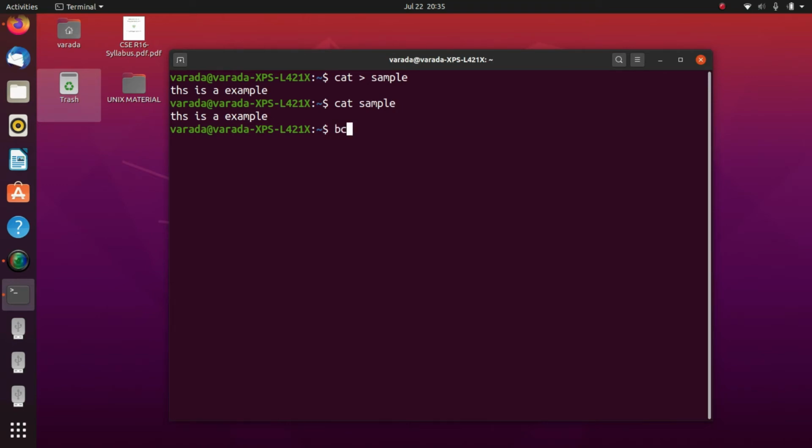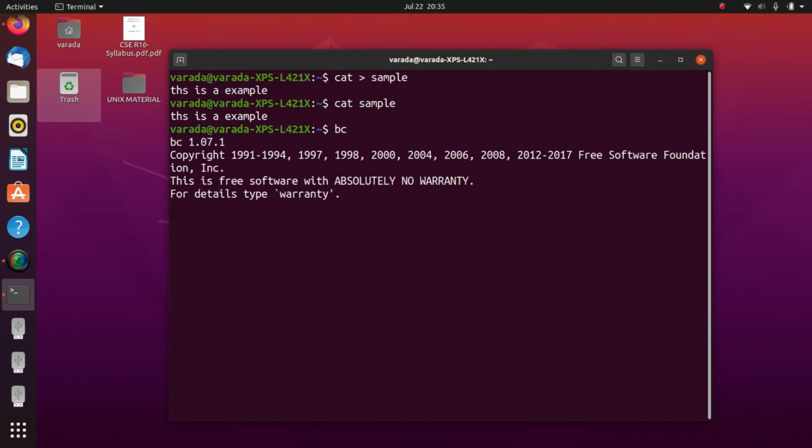This is an example. Now we can see the basic calculator. Now I want to find the square root of 55. It returns 7. So now I want to change the scale. By default it is 0. Now it is 4. So square root of 55. Now it prints